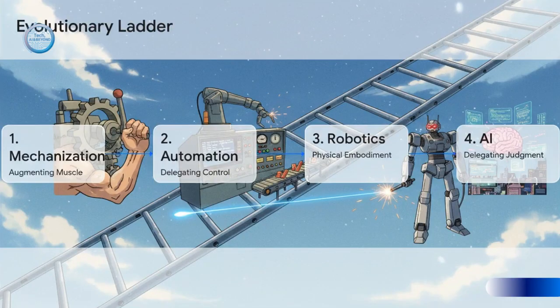To build that framework, we're going to climb what I like to think of as an evolutionary ladder of concepts. We're going to start at the very bottom, with the most fundamental ideas, and work our way up, rung by rung, to the super complex, intelligent systems we see today. Each step on this ladder represents a massive leap in what's possible, a new layer of abstraction, and a greater and greater degree of autonomy that we've handed over from human to machine. This isn't just a timeline, it's a conceptual stack, where every new layer is built right on top of the one before it. Let's start at the very bottom.